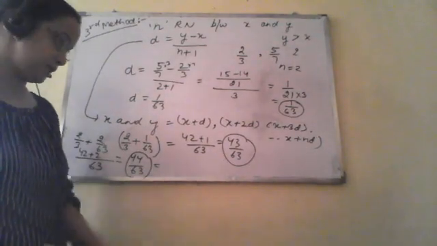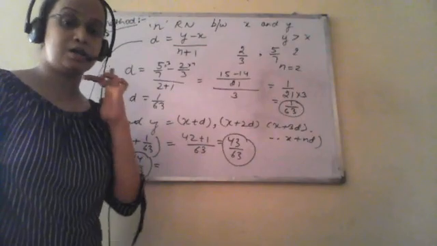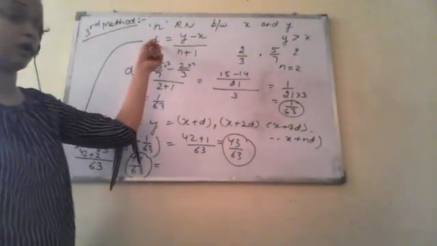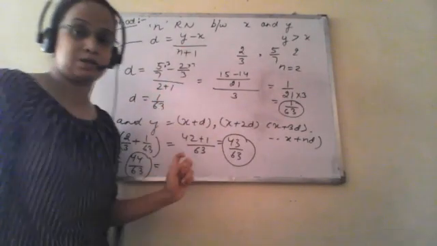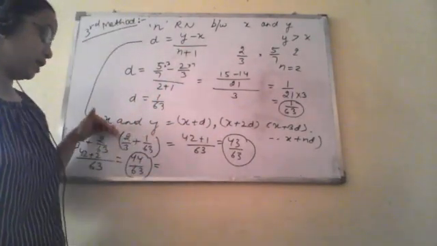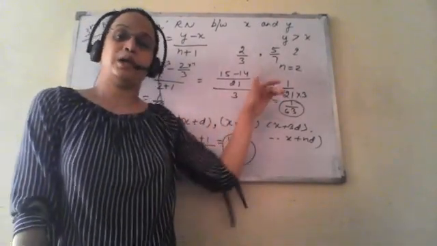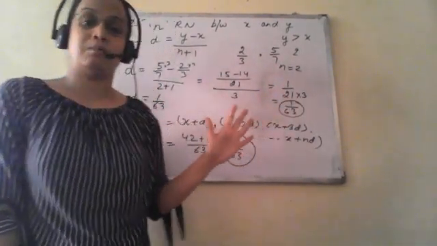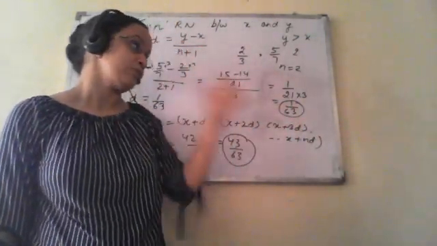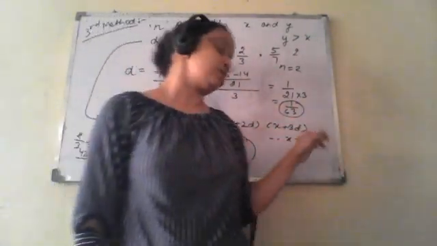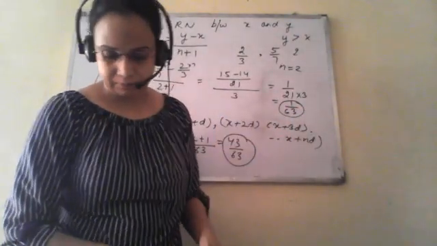So this is basically how you have to calculate. When we have to find n rational numbers between x and y, we have to find the common difference first. This will be equal to y minus x upon n plus 1. Then the rational numbers between x and y would be x plus d, x plus 2d, x plus 3d. You can find any number of rational numbers. This will extend up to x plus nd. Now we will take some more examples.